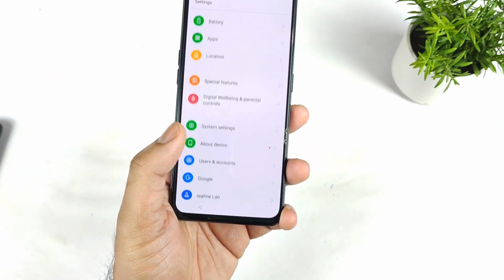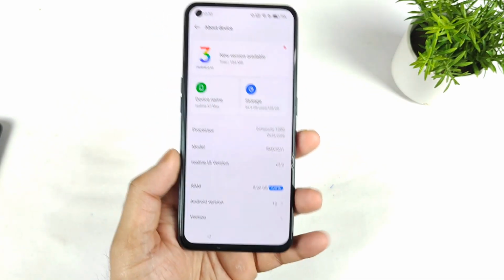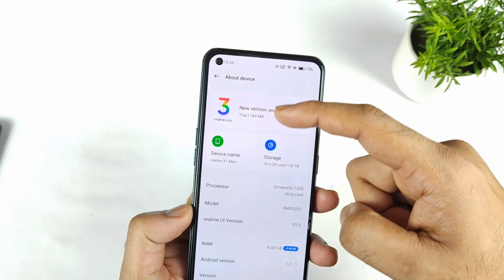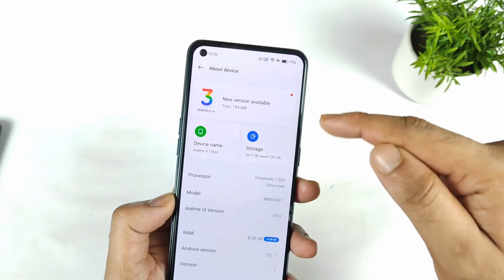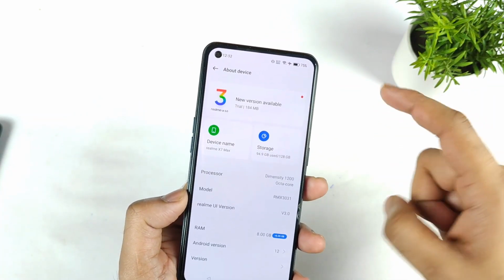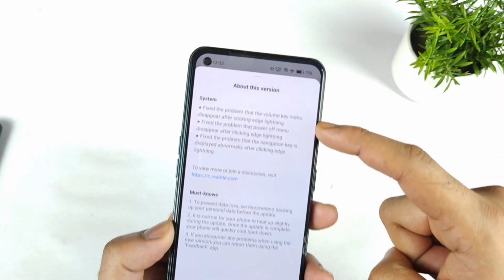In this video I'm going to talk about the latest software update, beta version Realme UI 3.0, in the Realme X and Max device. Yes friends, just today I received another update regarding the beta version, which is 184 MB. This beta version will fix the issues Realme users are facing with the edge lighting effect. Yes friends, finally we got that kind of update as well.